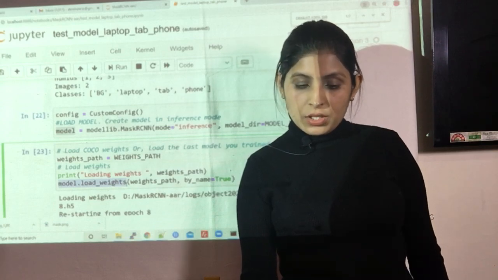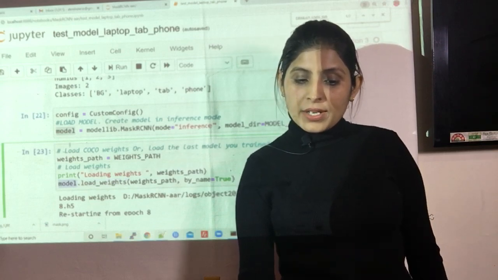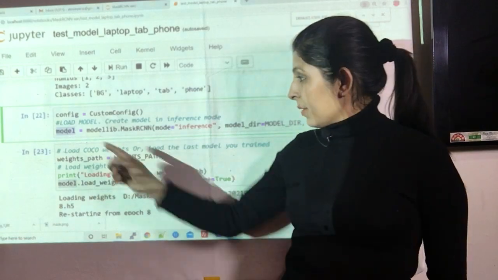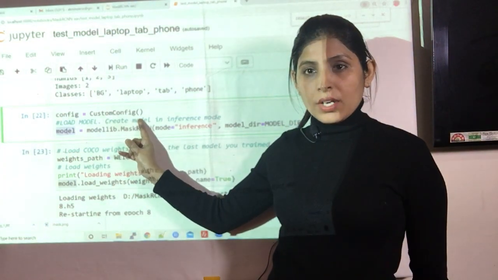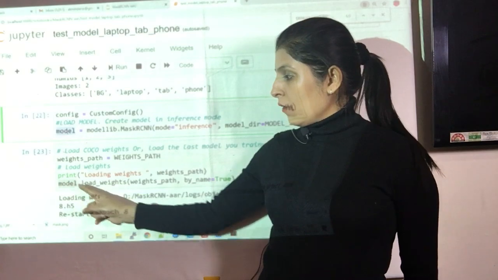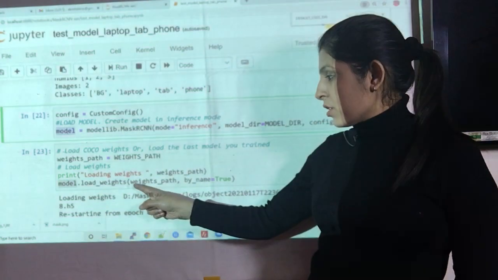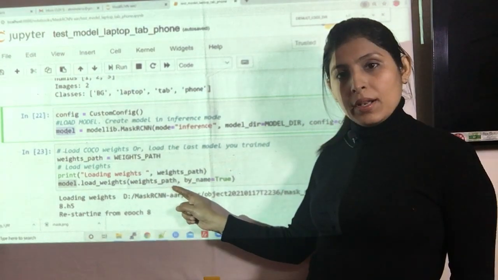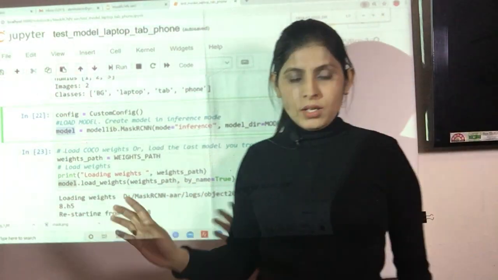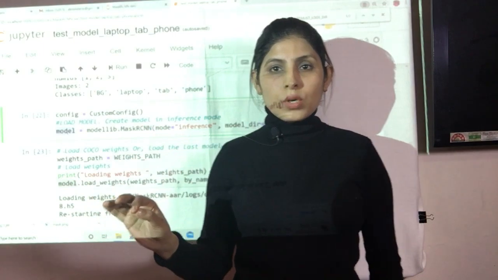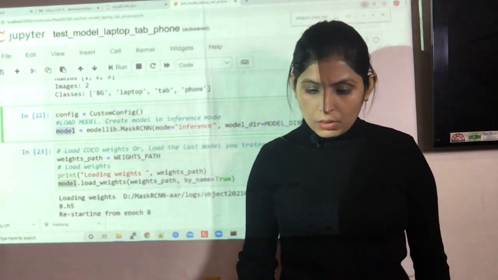Load weights is a function, and this model is a variable which we have defined above. Here we have defined a model, and on that model we want to load weights. Which weights we want to load? The weights which are stored in this particular variable. By name is true. Okay. So we have created a model, we have loaded the weights now.